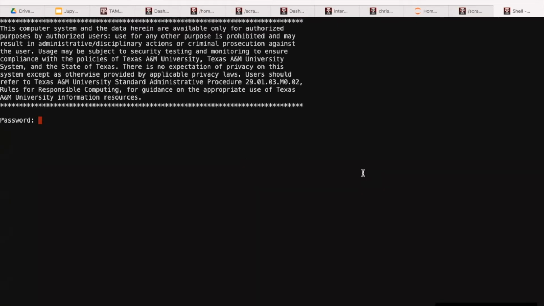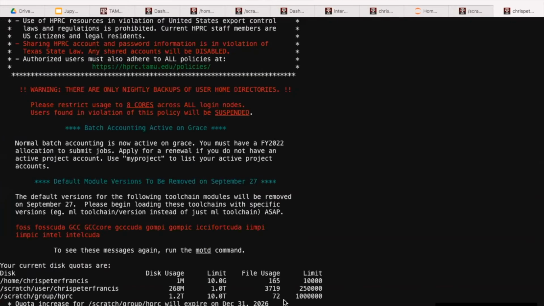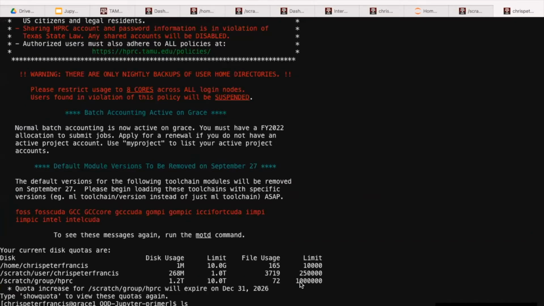And then same thing, we're going to log in. Approve Duo. So there's the file right there. We're going to move this or copy this file to our own Scratch directory. We're going to say cp sample Python notebook, and then